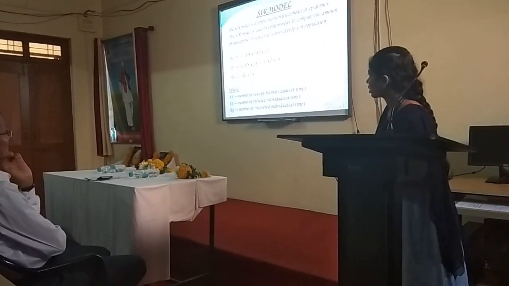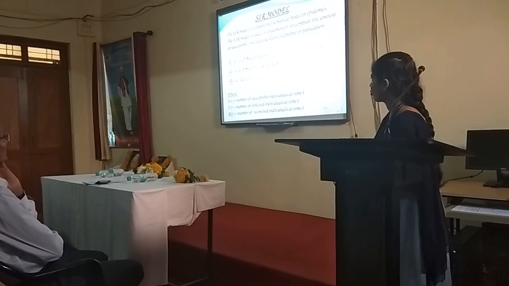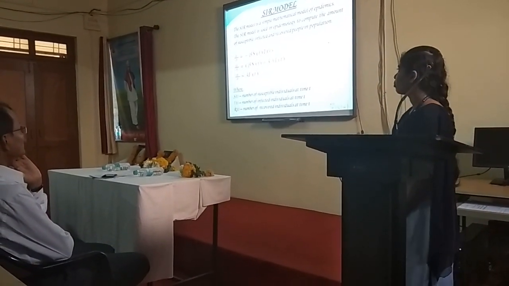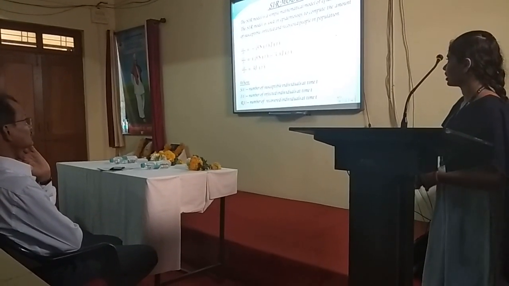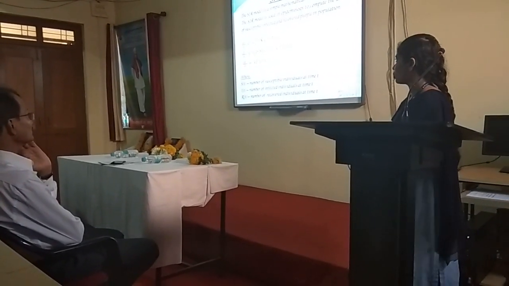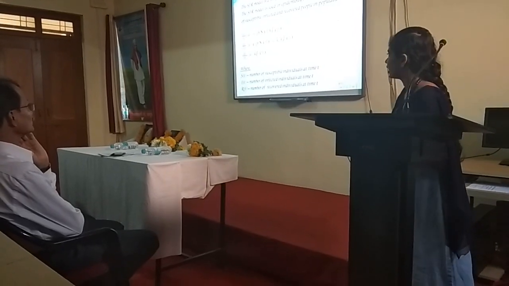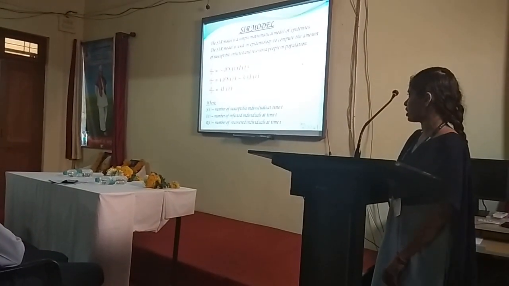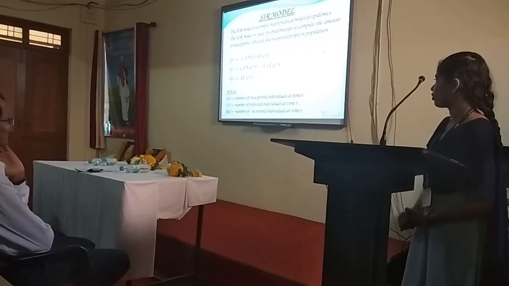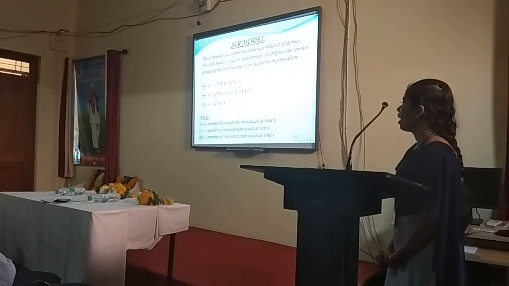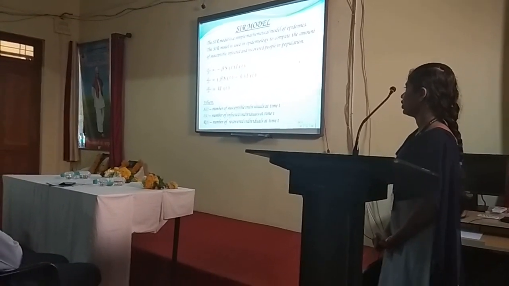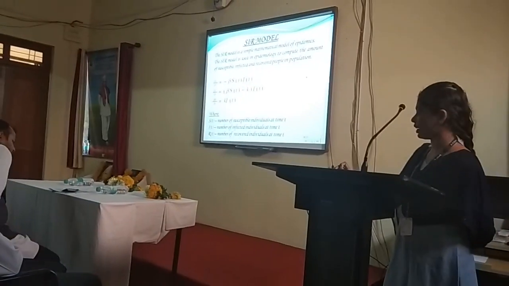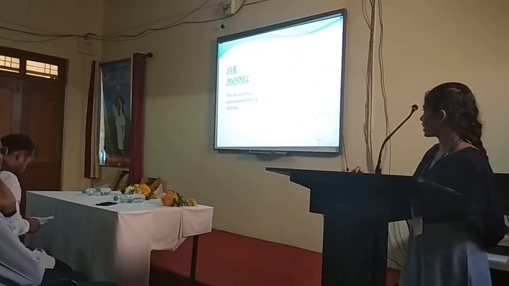dS/dt is equal to minus beta times S(t) times I(t). dI/dt is equal to beta times S(t) times I(t) minus k times I(t). dR/dt is equal to k times I(t), where S(t) is the number of susceptible individuals at time t, I(t) is the number of infected individuals at time t, and R(t) is the number of recovered individuals at time t, and k is the recovery rate. This is the graphical representation